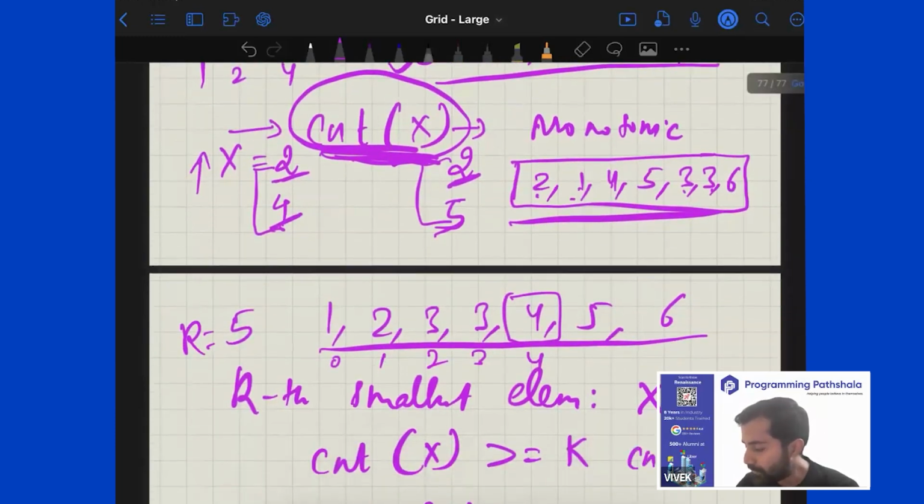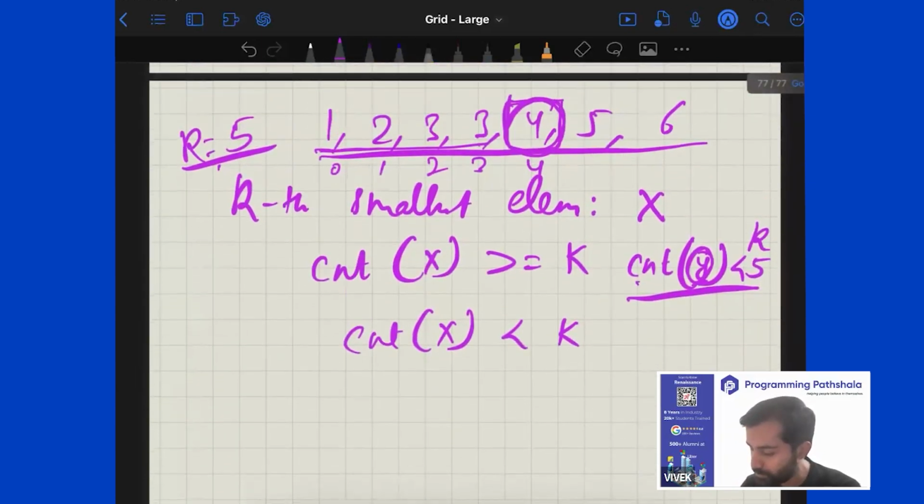So if you take the count of an element, let's say y, and you got this count as smaller than 5, then what does it mean? It means y must be smaller than 4, isn't it? See, the count of 3 is 4, which is smaller than 5. Count of 2 is 2, which is smaller than 5. Count of 1 is 1, which is smaller than 5. So if you have a number for which the count is smaller than k, it means that number is smaller than your answer. So your answer actually lies towards the right side. Do you get this point? Right? But on the other hand,